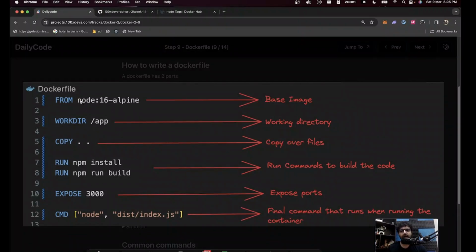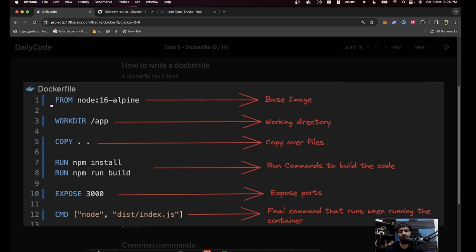If you want, you can select Ubuntu here. You can be like, I don't want Node, I'm going to start from Ubuntu. And then you can run a few commands to actually install Node.js in this image. So if you want, you can start from a scratch, fresh base image as well, and then run a few commands to install Node.js. Or you can be like, yeah, this is our base Node.js image. We'll just start from there. We'll probably go with this one.